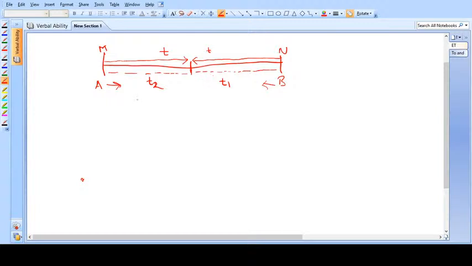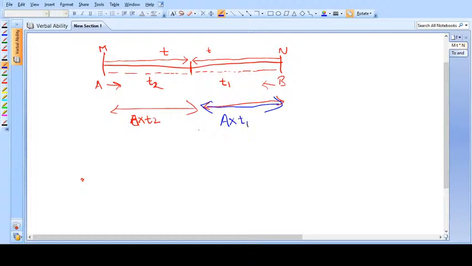So this distance can be written as B into t2, and this distance can be written as A